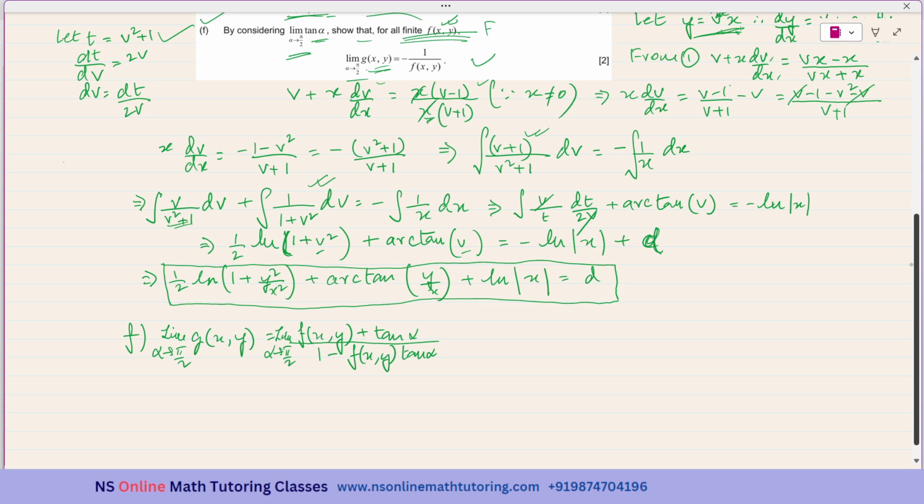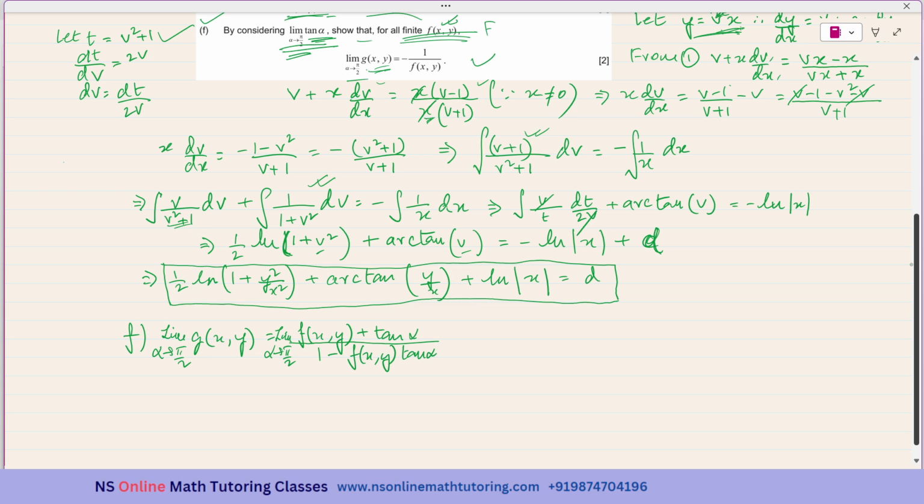Okay. And when alpha tends to pi over 2, they are saying by considering limit alpha tends to pi over 2 tan alpha. As alpha tends to pi over 2, tan alpha value just goes on increasing tremendously. We say it is infinity. Infinity is not any number. It just goes on increasing tremendously without any bounds. Okay. So, therefore, I will not be taking tan alpha. I will be taking 1 over tan alpha, which will be equal to 0, which will be extremely small, and we can consider the value to be equal to 0.